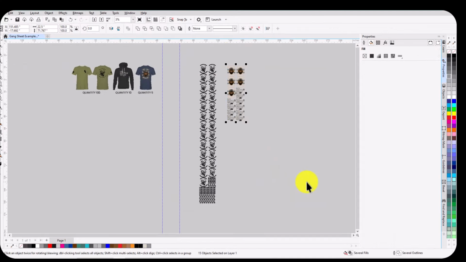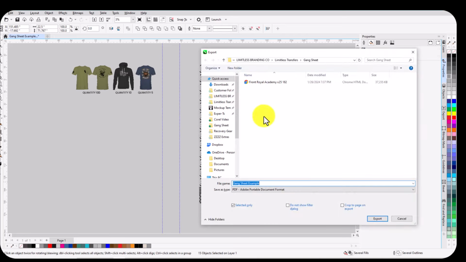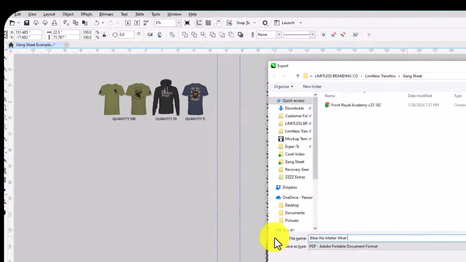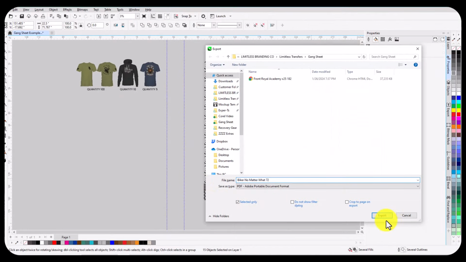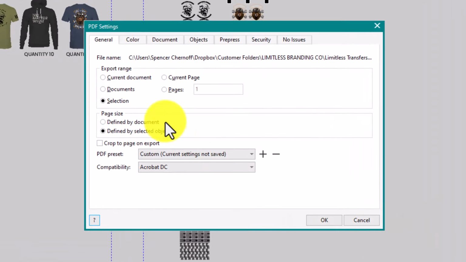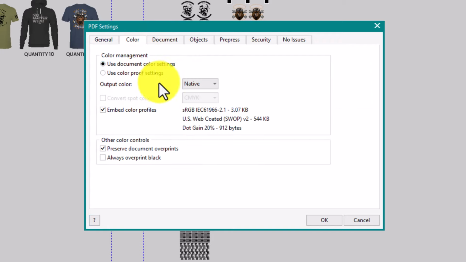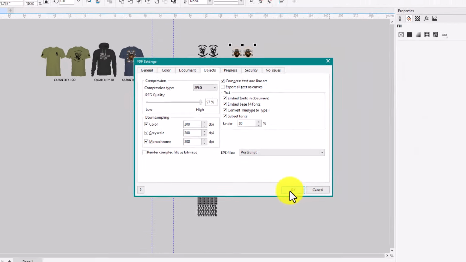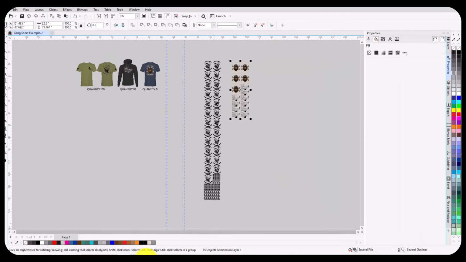So when you go to export the next file, let's just call that one, and this one is going to be 72 inches. So let's export that. Selection, color is native, objects should be at least 300. Okay. So now when you go to the site,